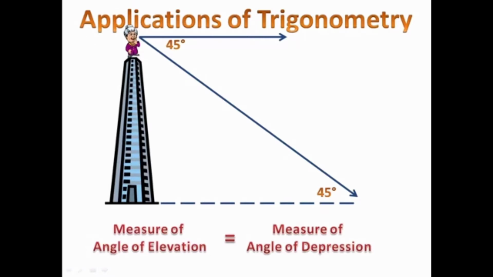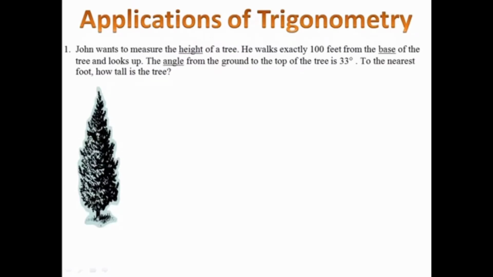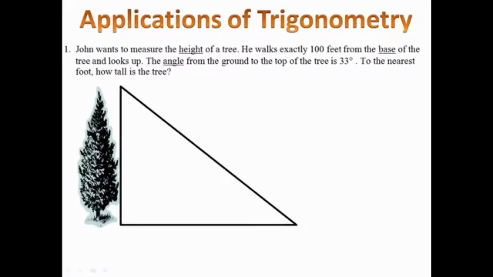So now let's take an example. John wants to measure the height of a tree. He walks exactly 100 feet from the base of the tree and looks at it. The angle from the ground to the top of the tree is 33 degrees. To the nearest foot, how tall is the tree? We have here a right triangle, and let's